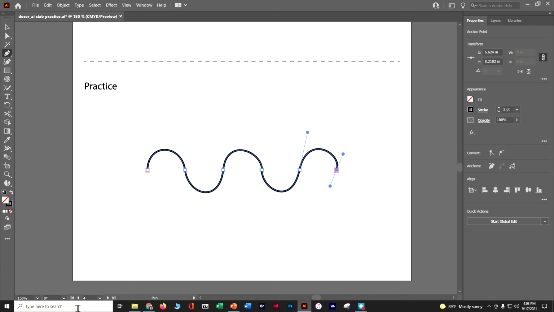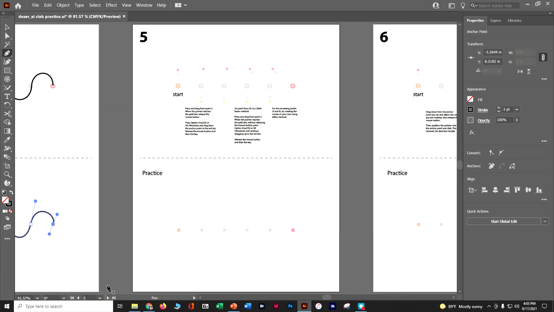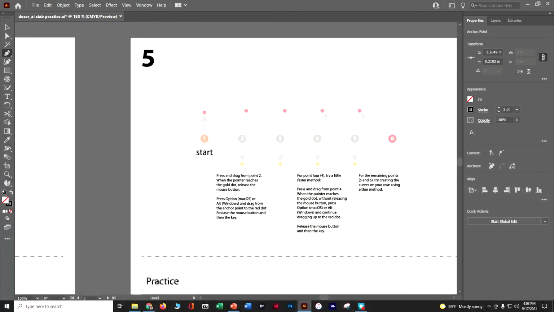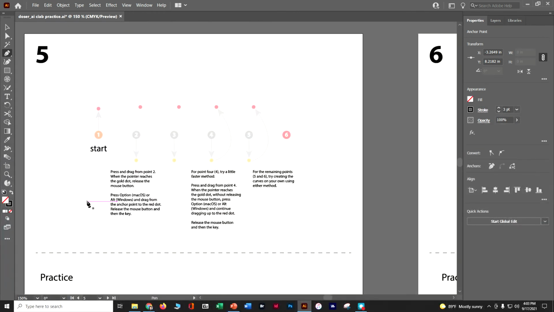Let's go ahead and try the next artboard. This one is a little bit more confusing because you're going the same direction. So let's go ahead and give this one a try. Let's Control plus and zoom in. All right, so this one, they're going to give you a couple different ways. I like to do it this way, which is click and hold, drag up,